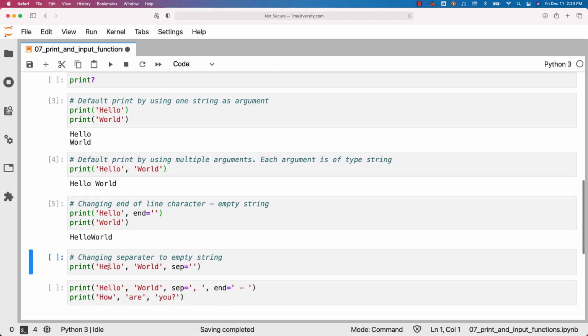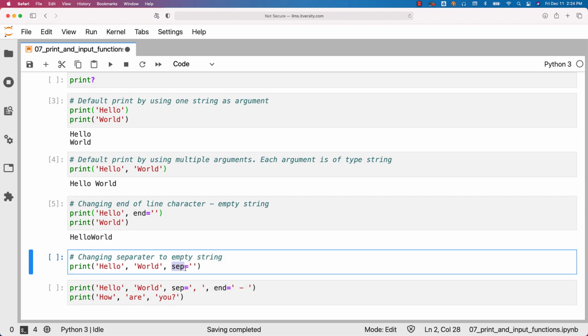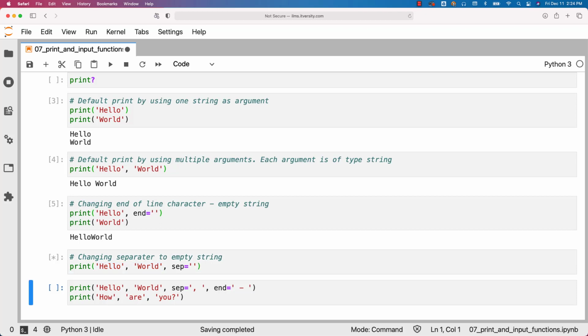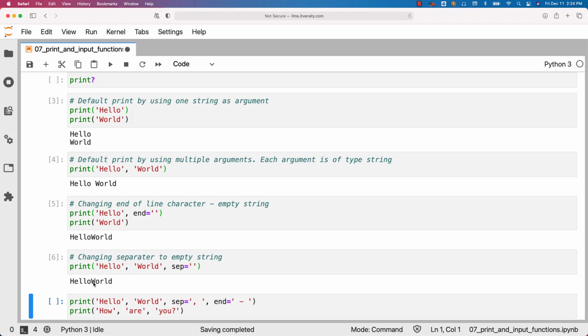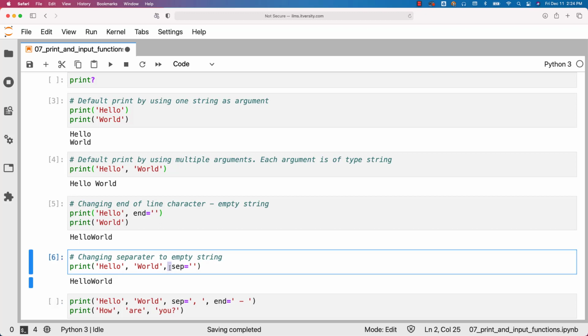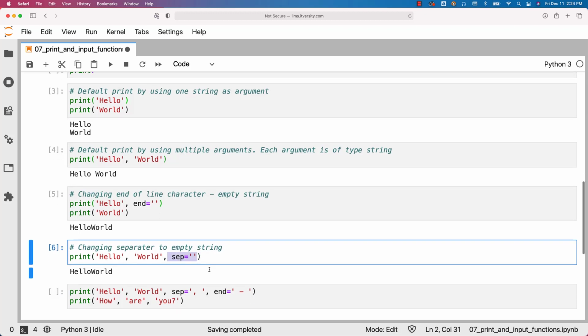Also, when you pass multiple strings to print, if you wanted to change the delimiter from space to something else, you have to use sep. Sep is for this purpose, and end is for when you want to use multiple print statements and want to change the behavior by replacing the new line character with some other character. Now this will also return hello without any delimiter world, even though we pass 2 arguments. Without this, there will be a space in between.